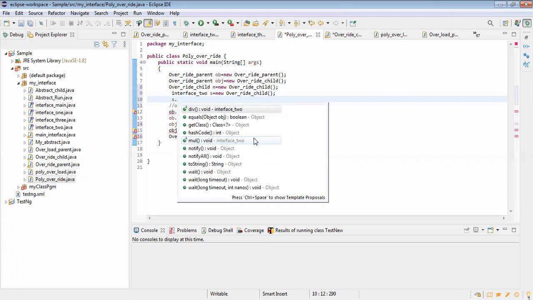Now, a basic question here. For an interface, can we create an object? No. But we have created one now. No, it is actually created for the class only, override child. So you can give the interface name over there, but with the help of a class you are able to create an object. But how many methods will it expose? Only the interface ones. Two methods.